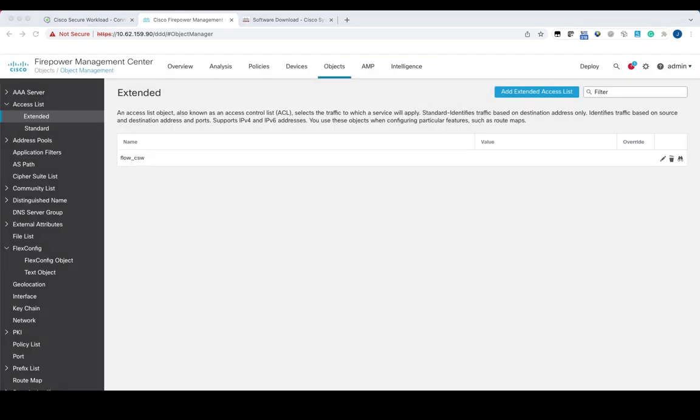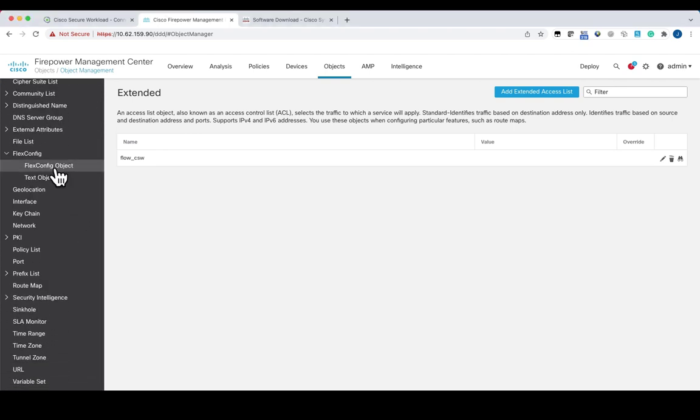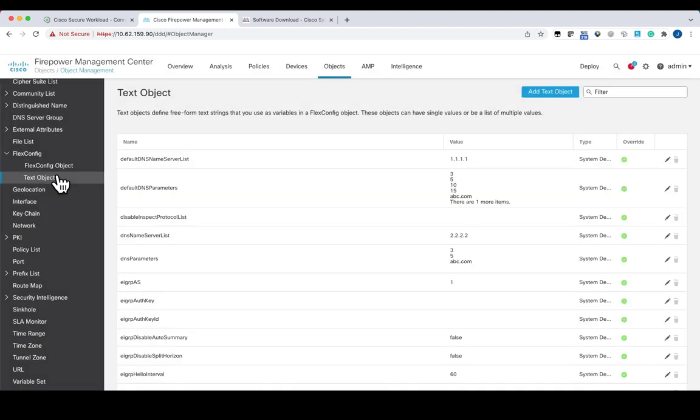And this is our access control list, or extended access control list, that will gather the interesting traffic to be exported to secure workload. So we were talking about the FlexConfig for NetFlow. Now, there are some important parameters that you need to understand when it comes to the NetFlow configuration in secure